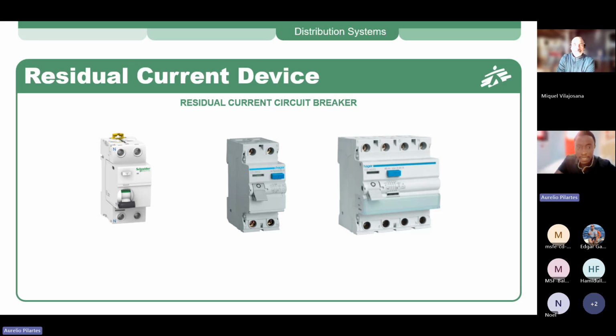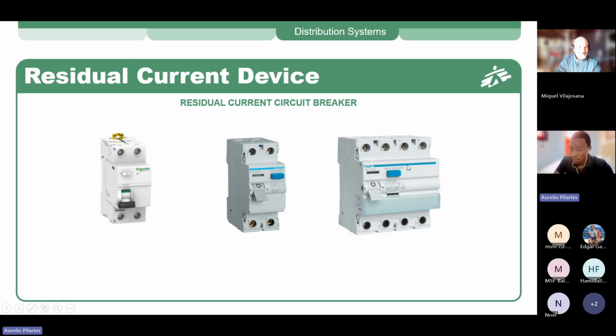So this is why the RCCB protects the system against leakage of current. Basically, you have your cables going from the neutral and the line, and the RCCB will keep monitoring the current flowing from the line and the current flowing to the neutral. Whenever there's a difference, and this difference goes over the threshold, which is usually 30 milliamps or 300 milliamps in MSF context, then the RCCB will trip because it knows there's a leakage somewhere, and it could be a danger. This is how the RCCBs work.